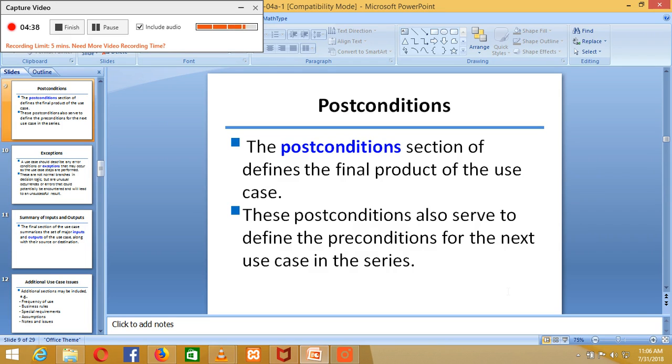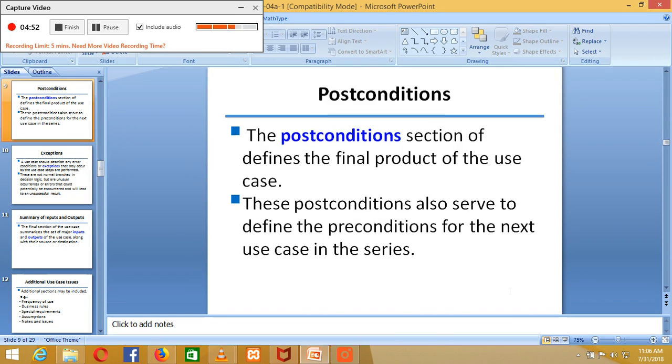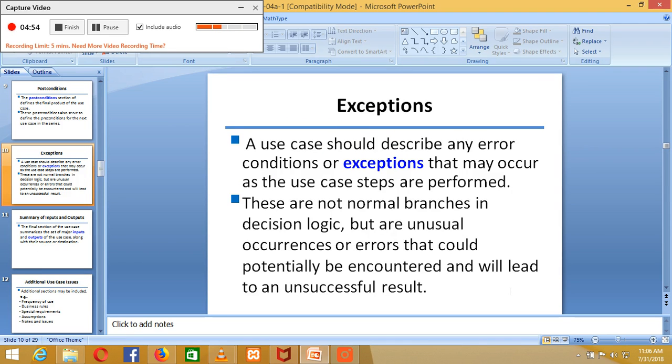And something called postconditions. After students pay a fee, let's say in a system, what will be the next action? Let's say if we pay a fee, we get the receipt, or we get something. So that is the postcondition. Then exceptions. Let's say errors. We explain what if errors occur, then